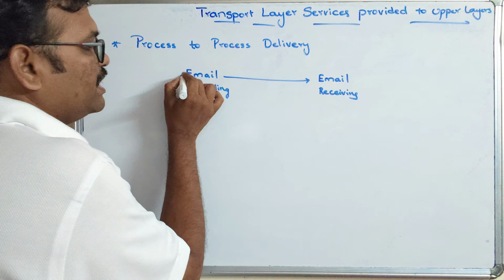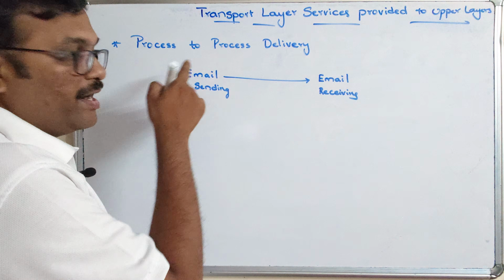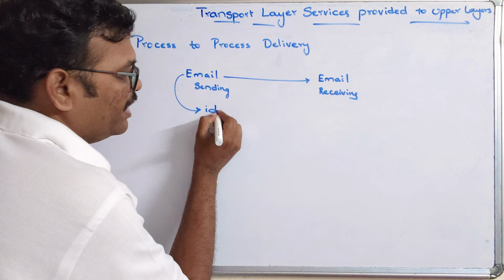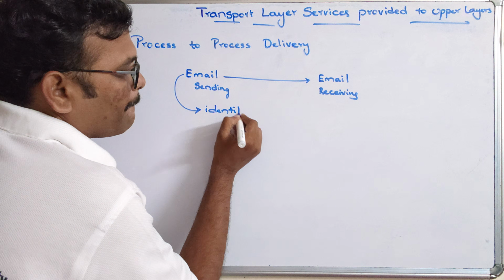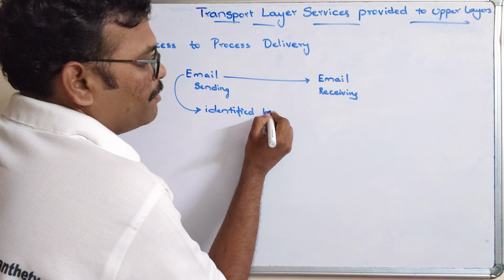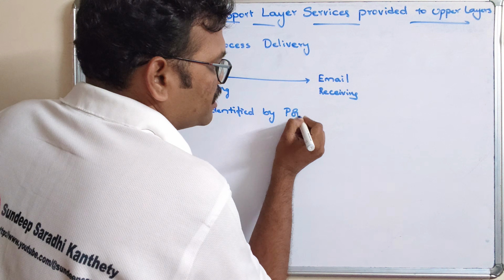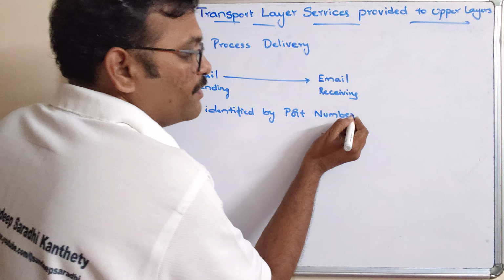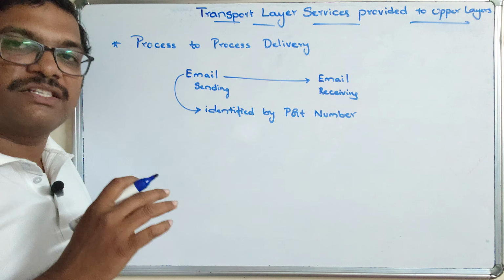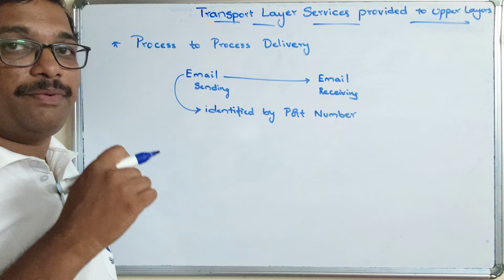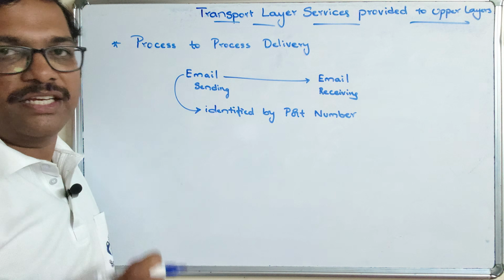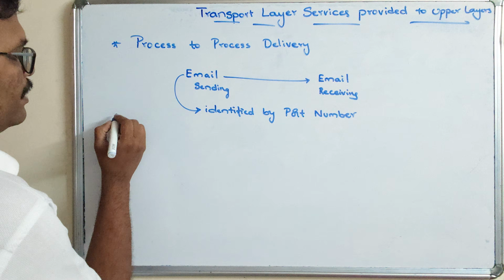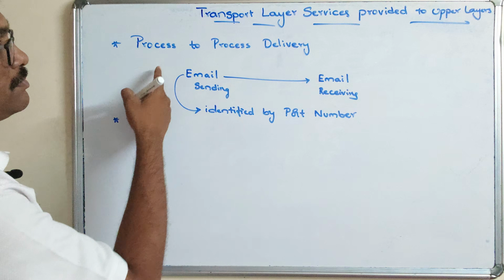So how can these applications be identified? These applications can be identified by port numbers. For every application there will be a port number. So with the help of port numbers the applications will be identified and the data will be transferred between the applications. And the next one,